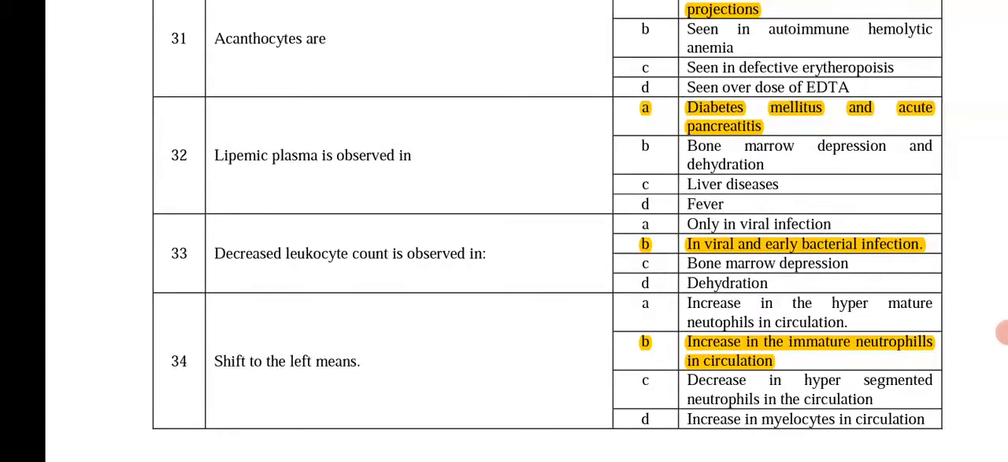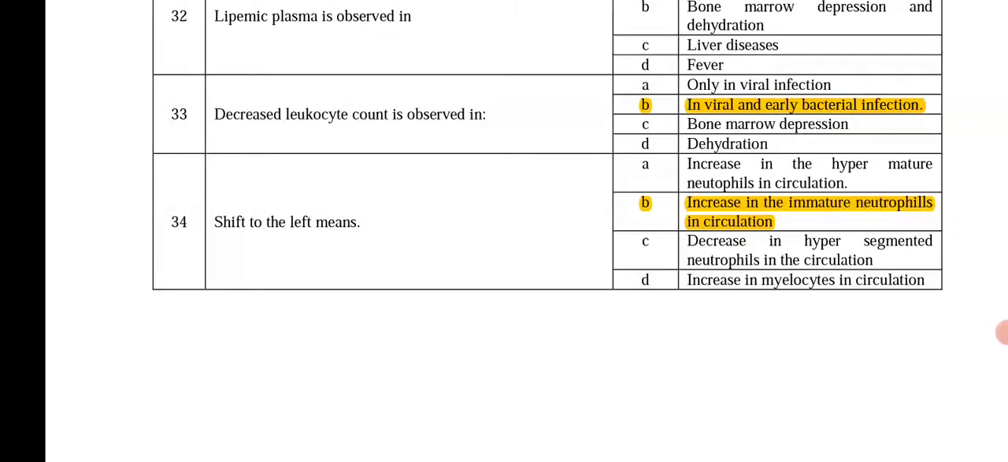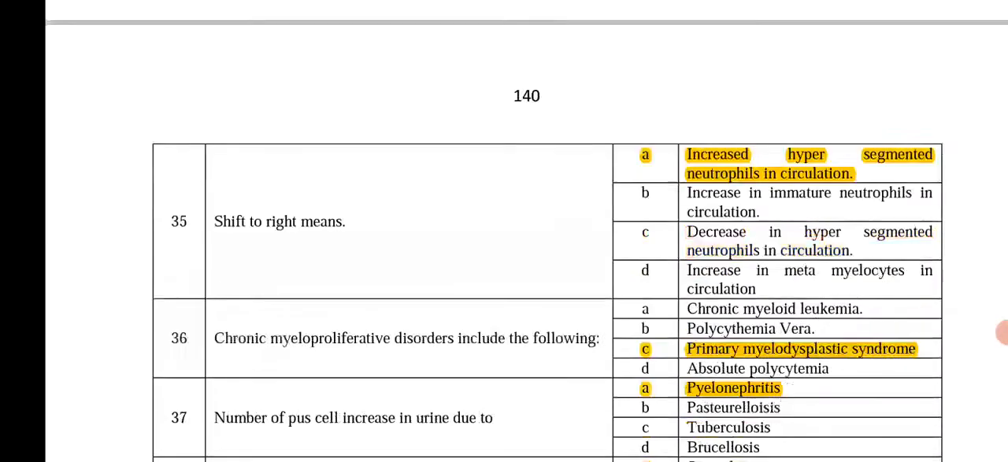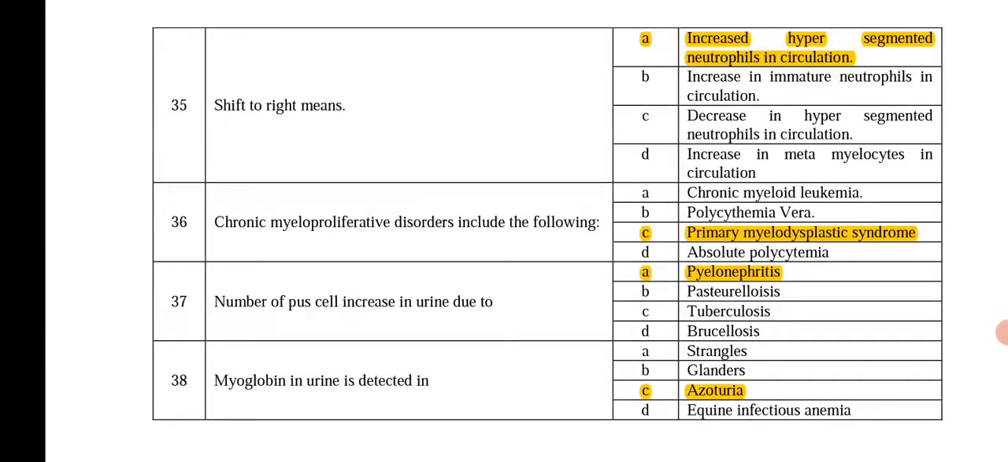Decreased leukocyte count is observed in viral and early bacterial infection. Shift to left means increase in immature neutrophils in circulation. Shift to right means increased hypersegmented neutrophils in circulation. Chronic myeloproliferative disorders include which of the following? Primary